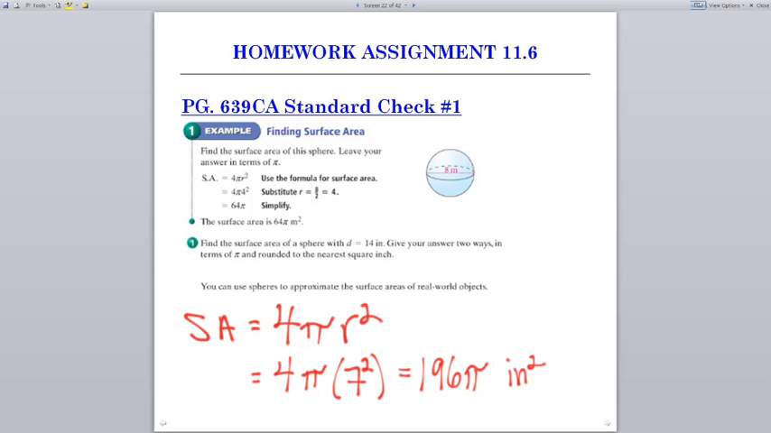That's my exact answer. If I wanted to round it, then I'd plug that into my calculator and I get around 615.8 square inches, depending on what I use for pi. For the next one,